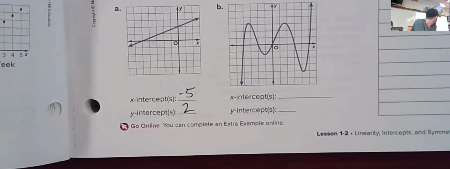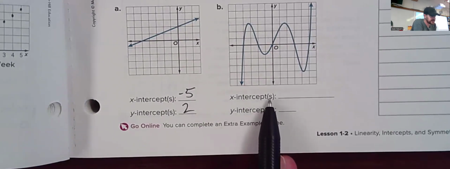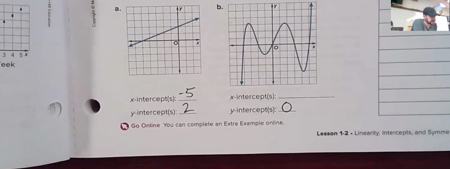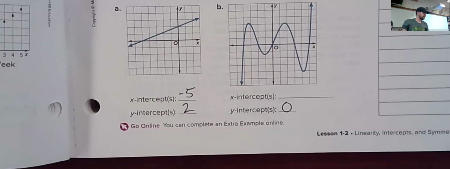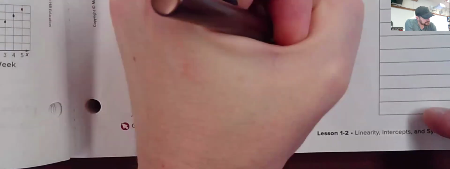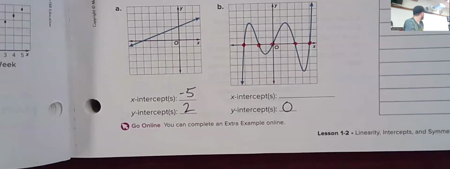All right. Before I ask the answer for the x-intercept or intercepts, let's go with the y-intercept here on the second one. 0. All right. My next question is not what is the answer for the x-intercepts, how many are there? 5. And it can be helpful. I mean, I did this on the example as well. If you want to put